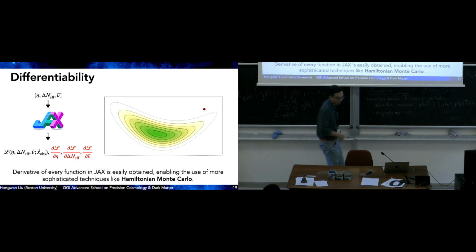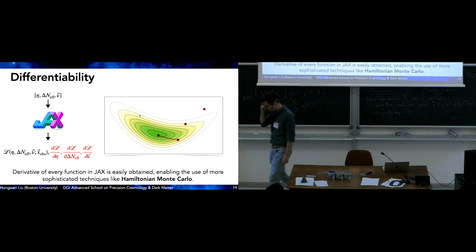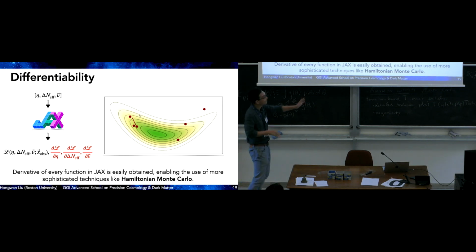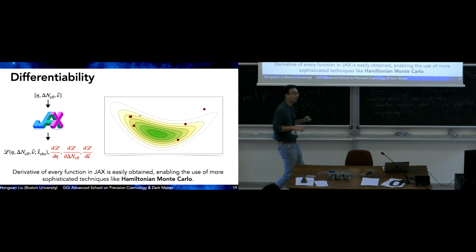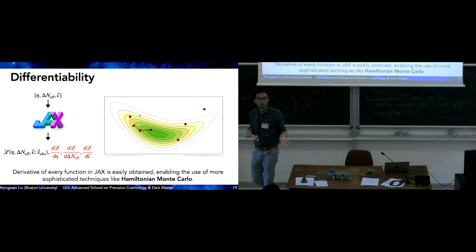This is cool because if you're able to obtain things like the gradient of the likelihood, then when we were talking about MCMC sampling, the way that we usually try to sample a posterior is to take random steps in a random walk kind of way to explore this parameter space. But if your posterior is shaped in a very funny way, where it's narrow in one direction, then very often you will take a step and that step will lead to a lower likelihood and you get rejected. And so it takes a very long time to explore